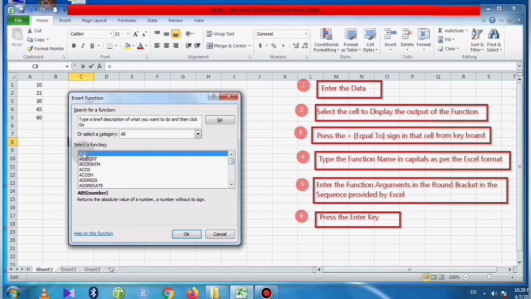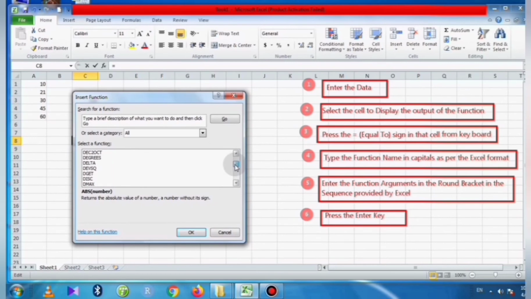After that, in the next drop down column, you can see the functions which are available under all categories. Here a list of all functions is given. So from this list, you have to select the function as per your requirement. So here for practice purposes, we will select one function. We will select the function LARGE. Click on that function. After that, the function name and the arguments used will be displayed.